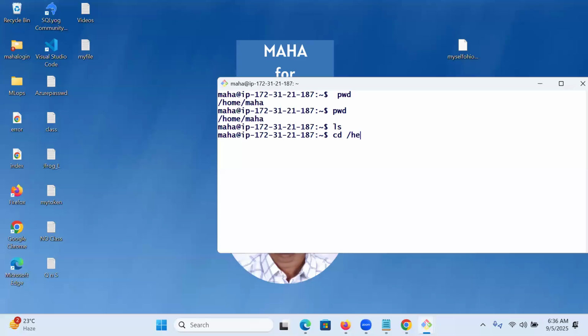Yes, he can. So let us go to Anil's workspace. Permission denied. He can't. Maha can't get into Anil's workspace. He can't work. Clear? I hope you people understand this point also.